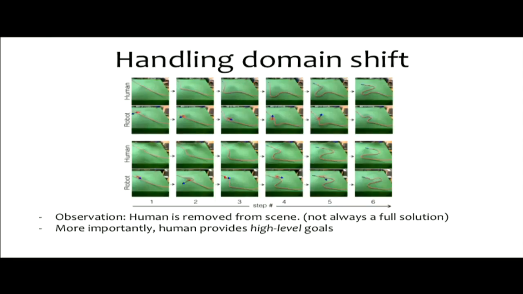And more importantly, I think the high-level point here is that humans are providing the high-level goals, rather than providing exactly how the robot should do the task. The human is just providing intermediate sub-goals of, like, in order to reach this final goal, these are the sorts of things that you should do in order to get there. And I think this is an important point because humans and robots are very different, the human shouldn't necessarily show the robot exactly how to do it. Ideally, the robot would be able to figure out how to actually perform the motor commands to achieve something, but by getting these sorts of sub-goals, the robot can figure out the low-level stuff on its own and get the high-level stuff from a human.